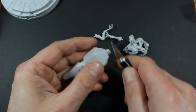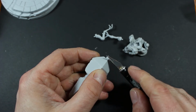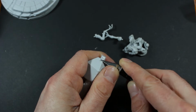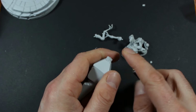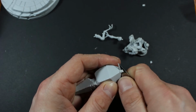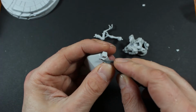As always, if you're new to the hobby, please take exceptional care when working with sharp instruments such as scalpels. Don't apply too much pressure. If you need to shave it off in slightly smaller chunks like so, that might be a good idea. And if you are younger, please seek adult supervision. So we'll just trim that down, and then we'll get it sorted into its